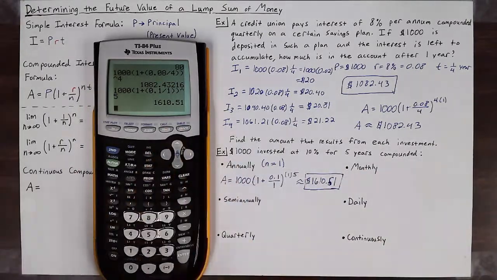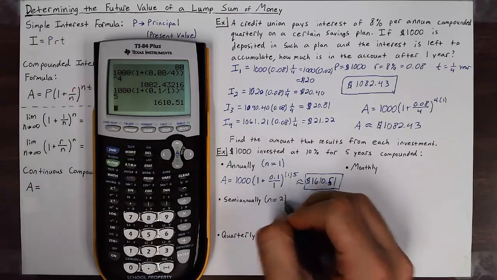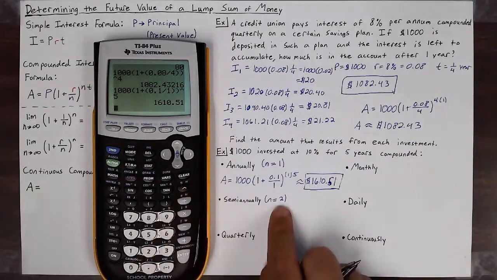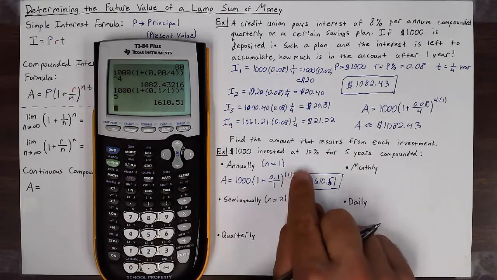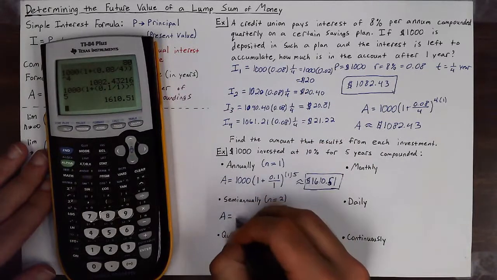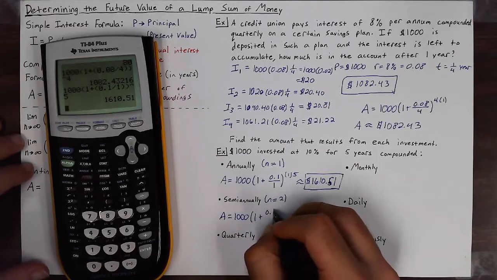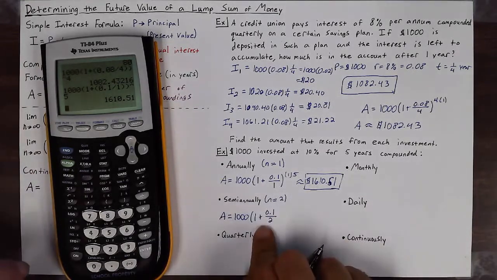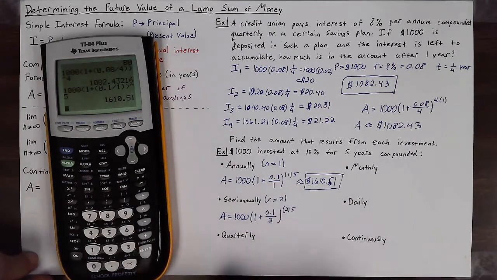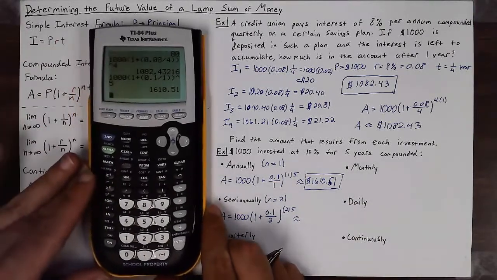Now let's do it semi-annually, which means twice a year. So n will equal 2. So halfway through the year, I'll compound some interest, and then I'll do it again at the end of that year, which means I'm going to do it 2 times every year for 5 years, so that power I'm going to raise to is 10. It's like I would do this 10 times to calculate it. So A will equal 1,000 times 1 plus your rate, 0.1, divided by 2, because we're splitting up the rate over the year, raised to the 2 times 5 power, 2 times every year for 5 years,